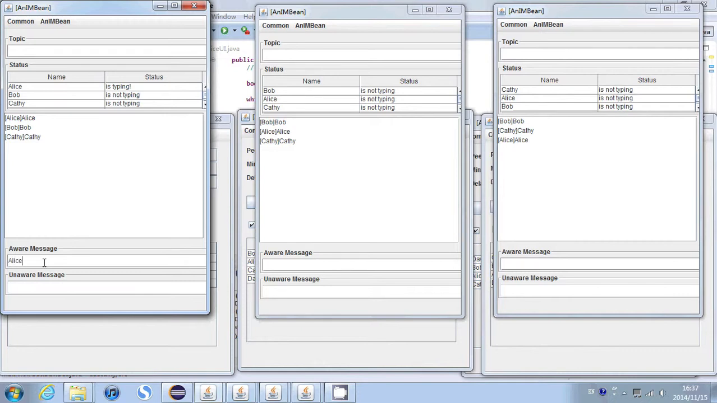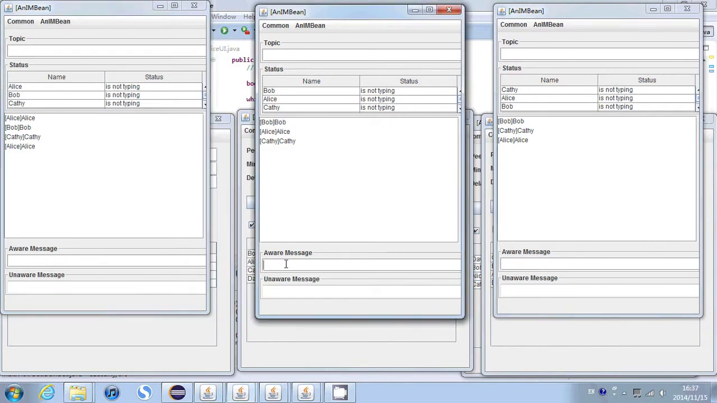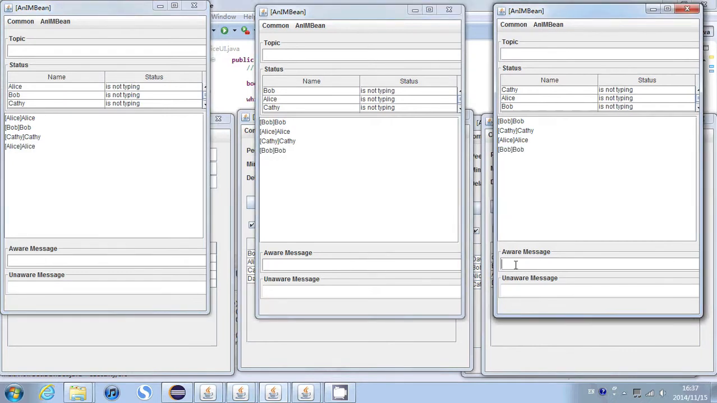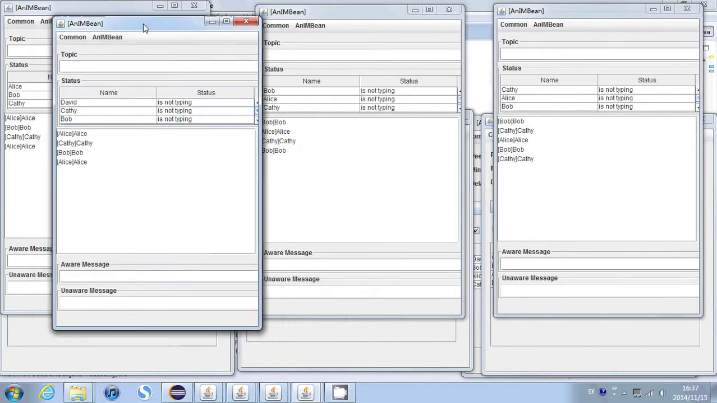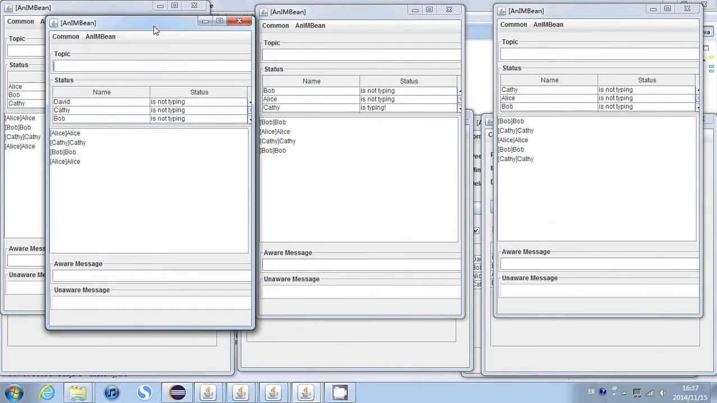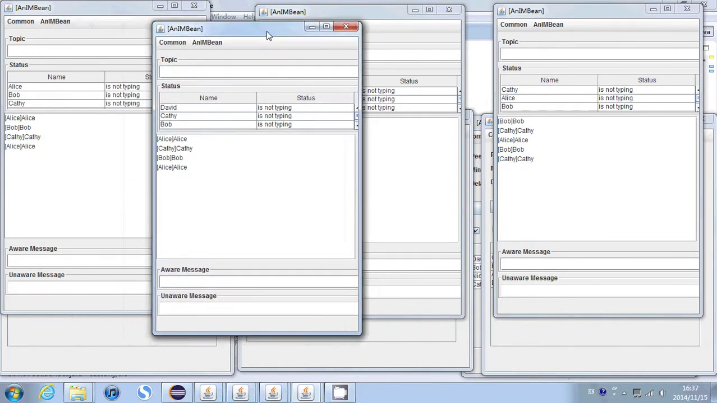Also Alice, Bob, C. So now what happens? We can see that Alice and Bob both receive their message from each other, but David only received the message